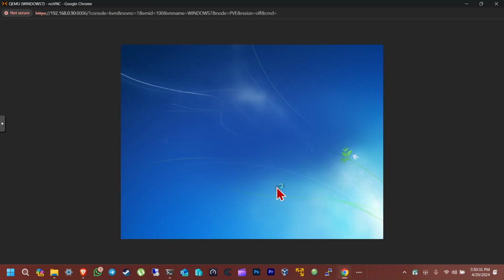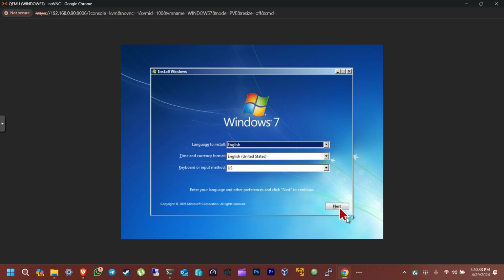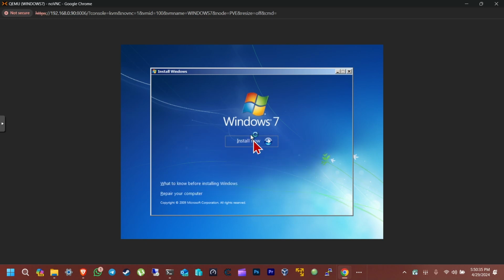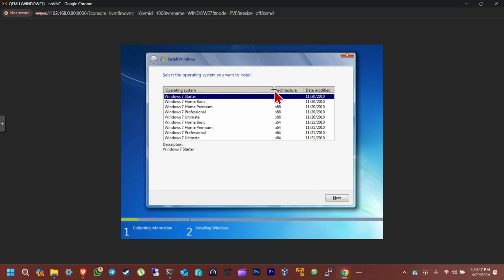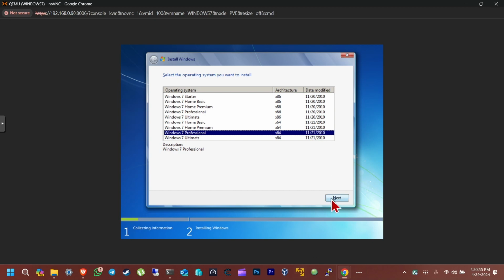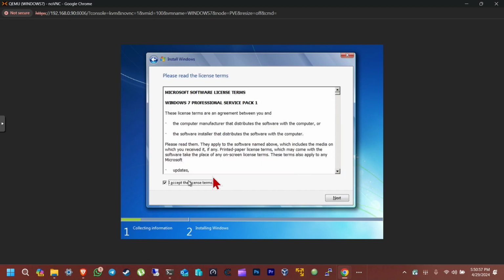Okay, it's almost done. Okay, there we go. Next, install now. This is just gonna bring back memories, nostalgia memories for everybody who uses Windows 7. There we go. Click the preferred system that you want. I'm just gonna click Pro. Next, yeah, the set